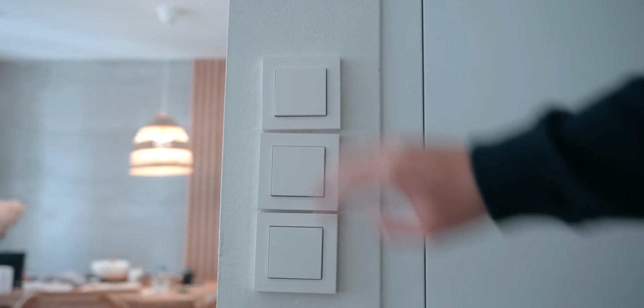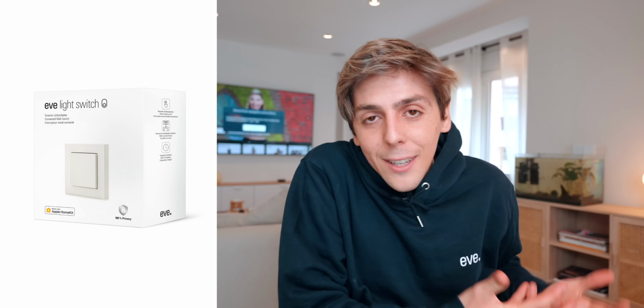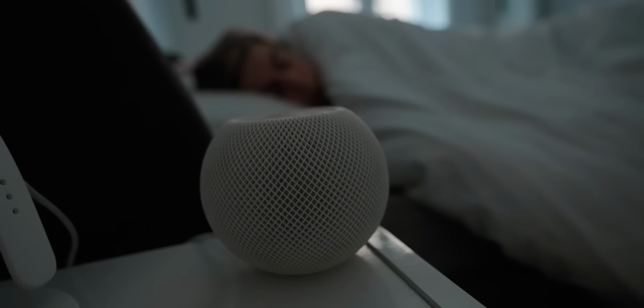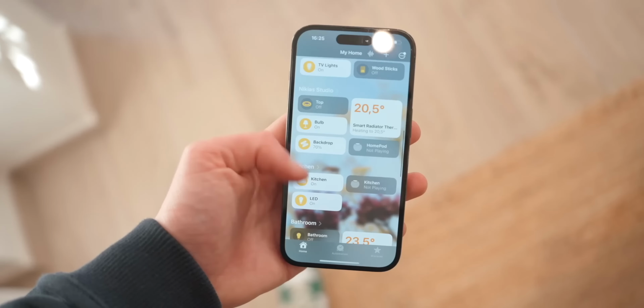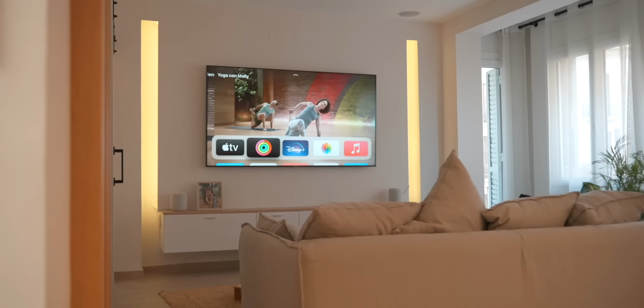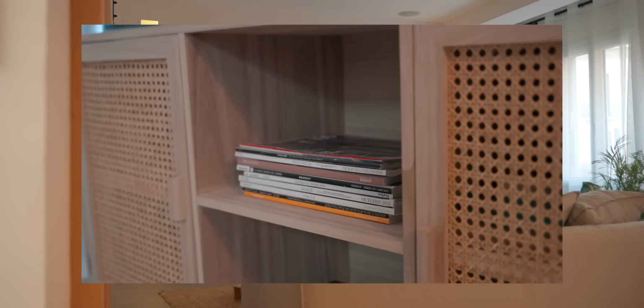Let's start off with the Eve light switch. It's basically a connected wall switch. And why I love it so much is because it's great for non-techie people. What do I mean by this? When you first get started with building a smart home or building a smart room, the first thing you think of is obviously lighting, right? So what people first think and what people tend to buy first, including myself in the beginning, were smart light